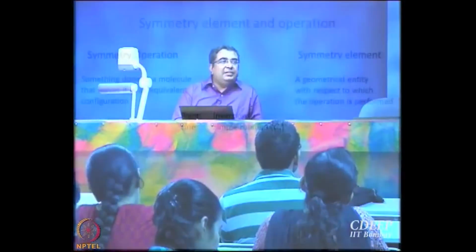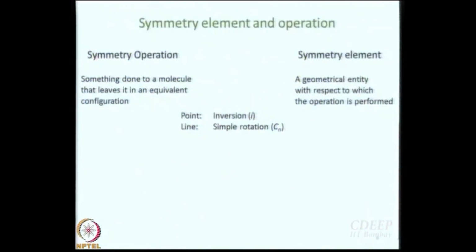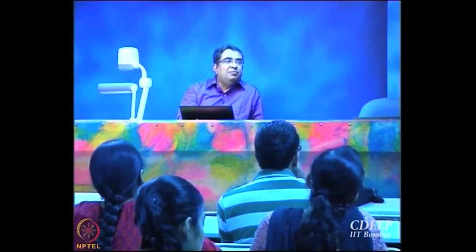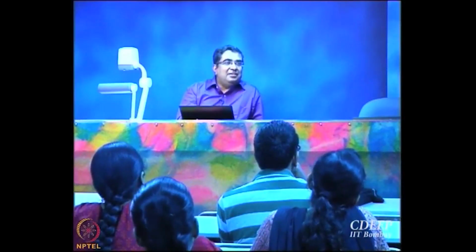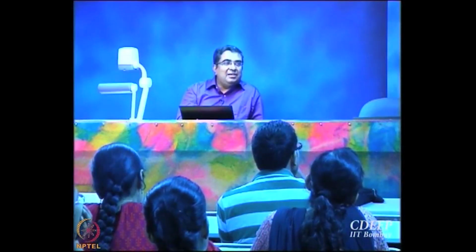The next thing, of course, is the line. What can you do with respect to a line? This is a line. What do you do with a line? You can rotate, right? So, a line, the operation associated with a line is rotation. And as I think all of us would know, it can be either simple rotation or it can be not so simple rotation. Depending on what it is, you call it either a simple axis of symmetry or